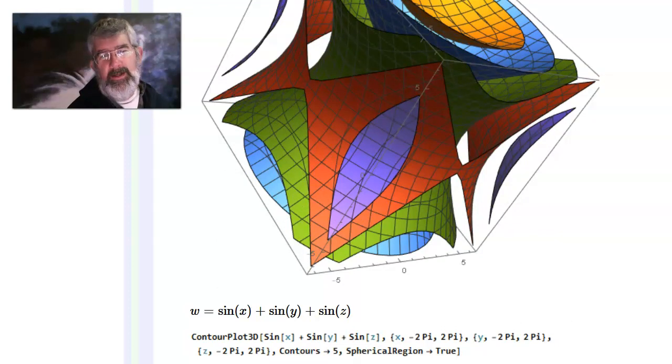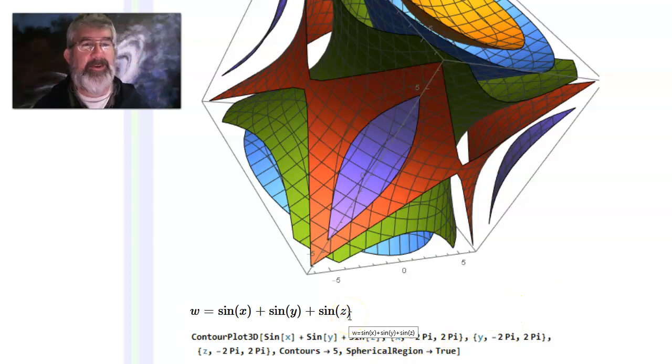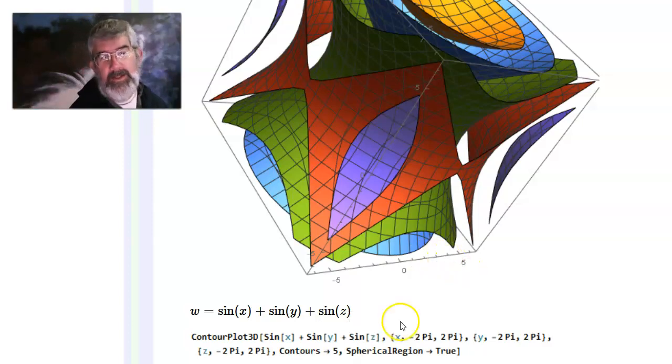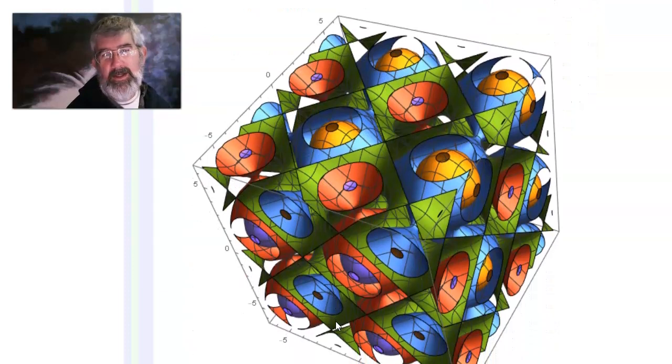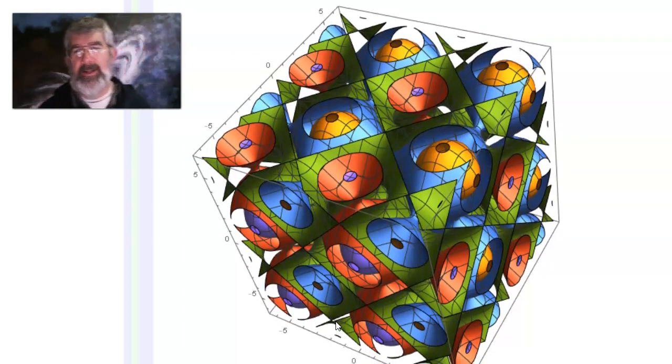One of my favorite surfaces for a function of 2 variables was z equals sine x plus sine y, an egg carton. So let's go one step up: W equals sine x plus sine y plus sine z. So this is like a three-dimensional egg carton stuffed out into the 4th dimension. I mean, W varies like a sine curve with x, with y, and with z. And so then I plot the contours of this thing, and oh my goodness,